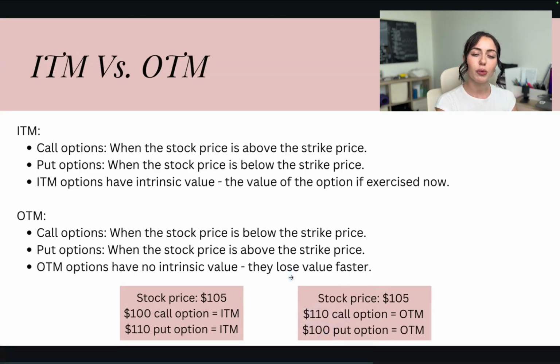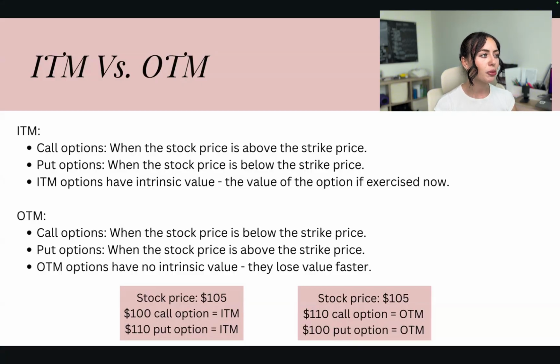The biggest thing to know with out of the money options is that they have no intrinsic value, meaning that when your contract is out of the money, it is going to lose value faster, which is important for us because when our options contract loses value, that's how we lose money, and we don't want that to happen. So I know this is a lot to take in and a lot to digest, but you can think